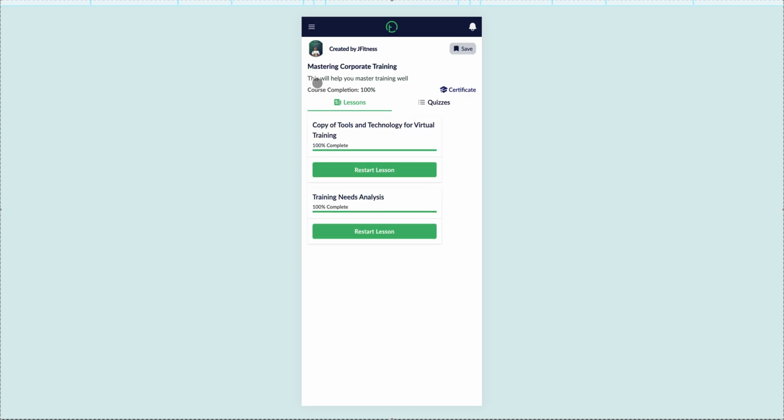Yeah, and you can notice that initially we didn't have this certificate icon or link here. So it's now populated or appeared because we've actually completed this. So you can see here we have course completion 100%. So what this means is now we can download our certificate since we've met the minimum requirement,